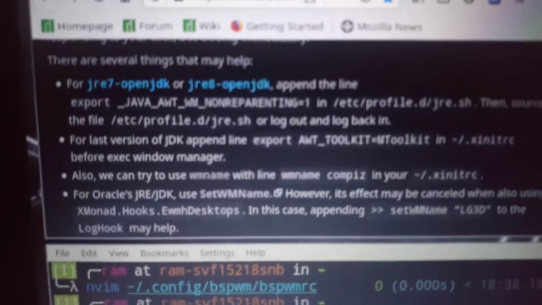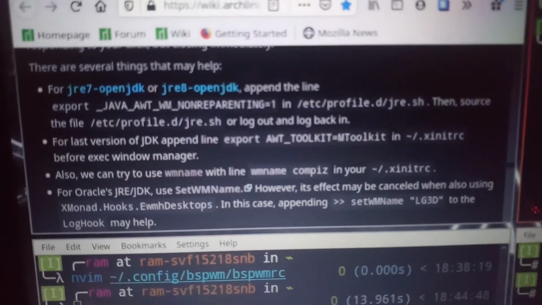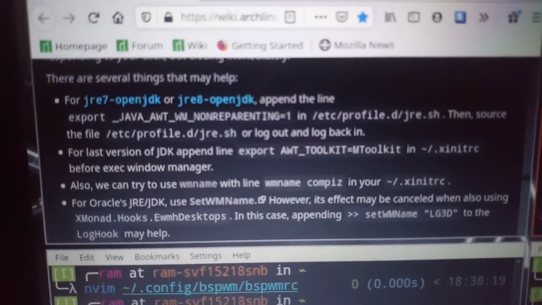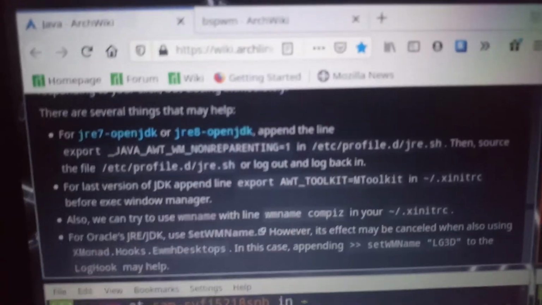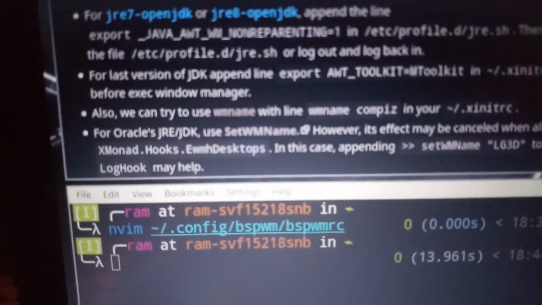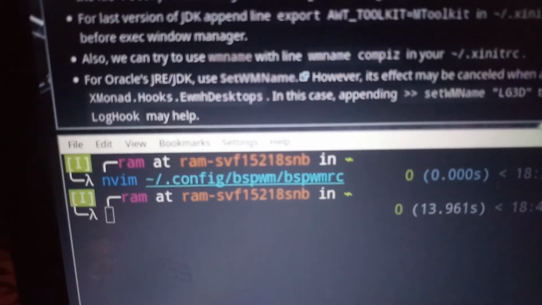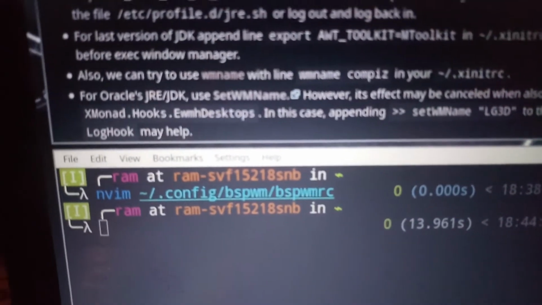In that step we add another line of code in the xinitrc file. I think that's the solution for this problem, since I am using the latest version of the Java development kit. After doing that, the gray block problem was solved automatically. One thing to remember is that I didn't change the line I added earlier, which I thought was a solution for this problem. I didn't change any of it.